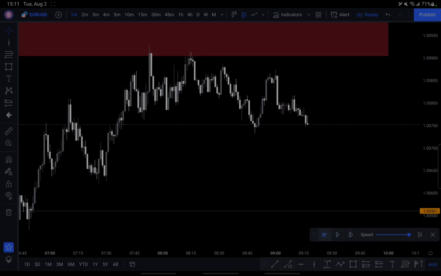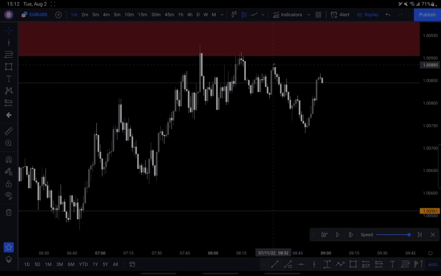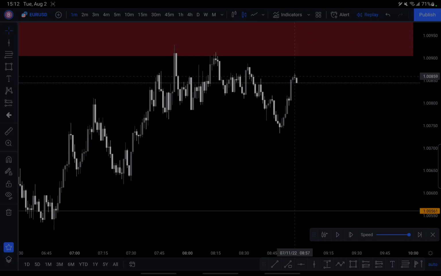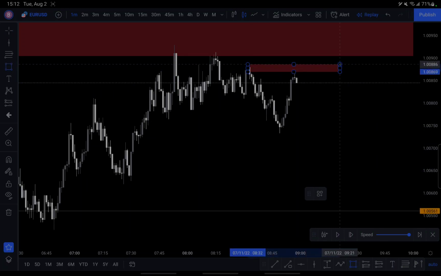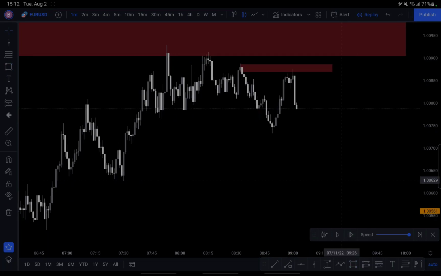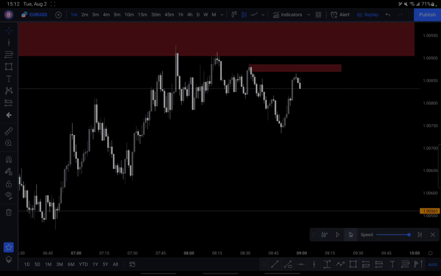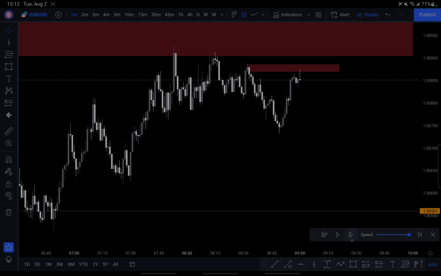Whoops, I'm playing price too fast. Let me rewind it here. So this is my zone here. Let me just go ahead and mark that one up. We already did see price action play out, but this was our zone anyways. Okay, price did come to test. So let me back up price. Okay, price came to test.